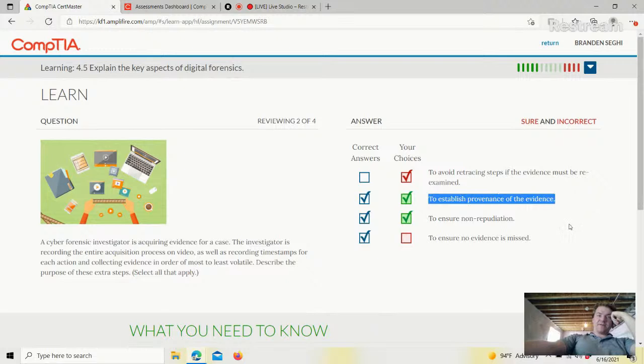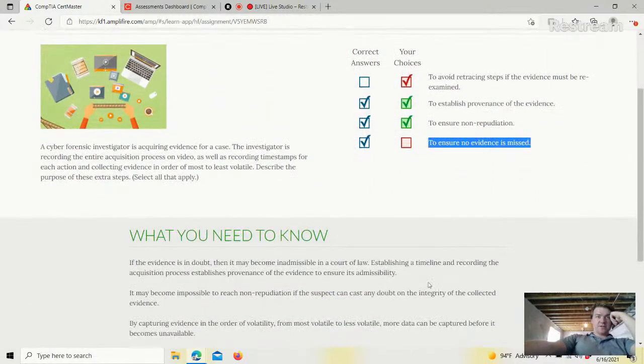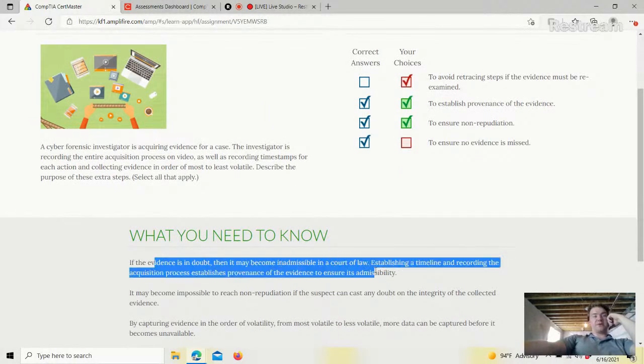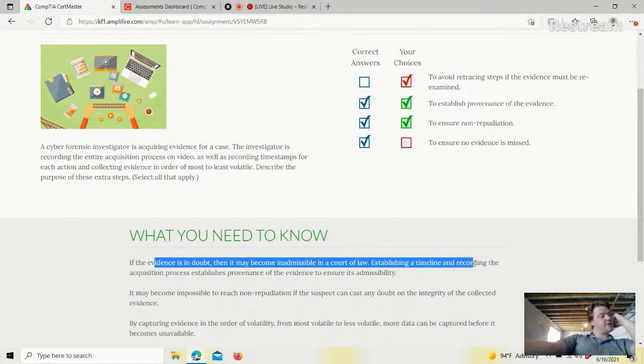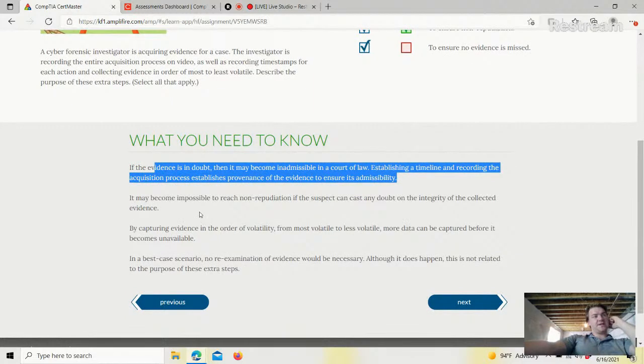We've got to establish provenance of the evidence, to ensure non-repudiation, to ensure no evidence is missed. If the evidence is in doubt, then it may become inadmissible in a court of law. Establishing a timeline and recording the acquisition process establishes provenance of the evidence to ensure its admissibility. It may become impossible to reach non-repudiation if the suspect can cast any doubt on the integrity of the collected evidence. By capturing evidence in the order of volatility, from most volatile to less volatile,